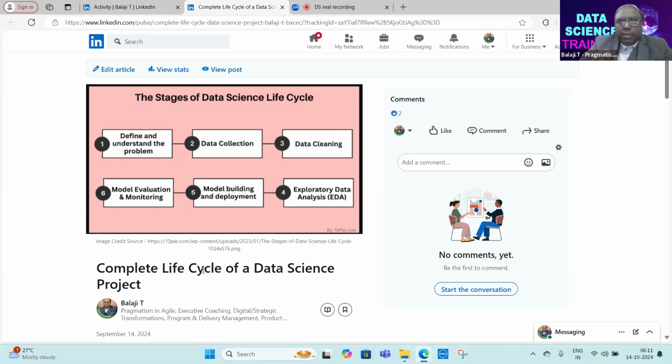Define and understand the problem. Okay, I understood the problem. Let us take an example. What could be the problem? For example, one of my US based clients came to me a couple of years ago and said, hey Balaji, I have a challenge in terms of projecting my futuristic revenue patterns for a particular business vertical.